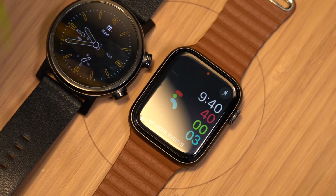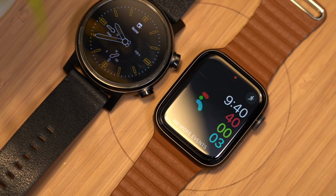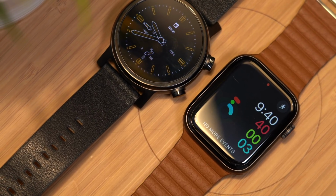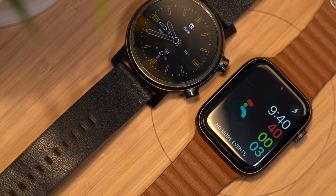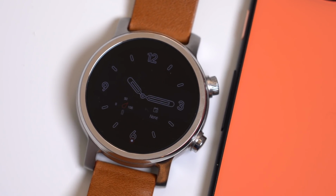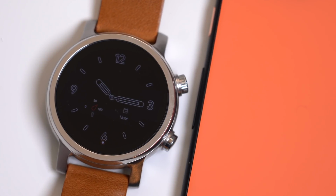Now, as someone who prefers a round watch over the square design that we're used to seeing on the Apple Watch, I definitely understand why the original Moto 360 was so popular. In 2020, a good circular smartwatch isn't as hard to come by these days, and so the new Moto 360 will need to offer up a bit more than an attractive design in order for me to consider making a